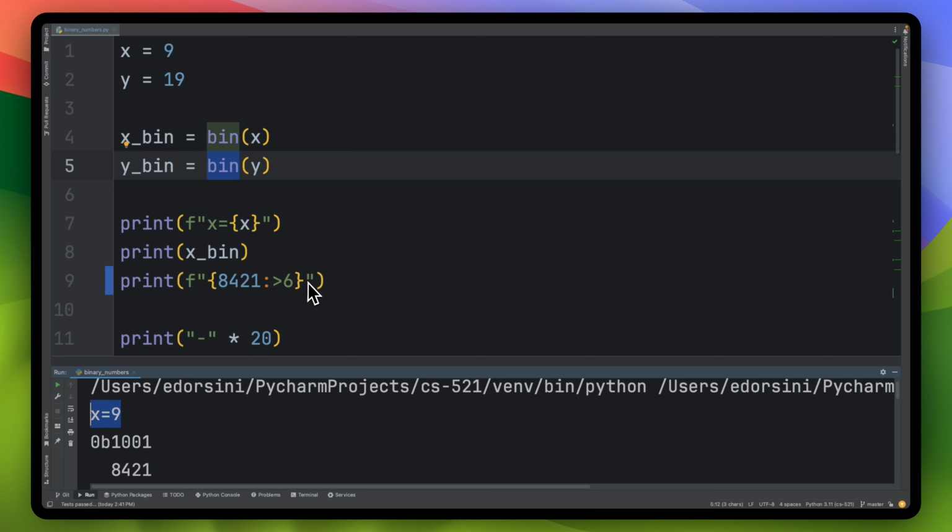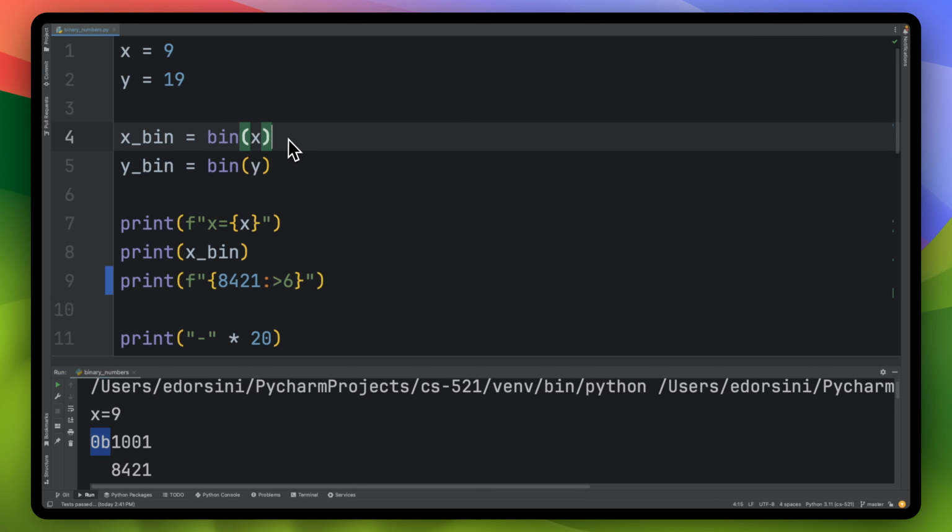Now, if you didn't want the 0b, one thing you could do is when you invoke this binary function, you can just say parentheses 2 colon, and that's a slice starting at index number 2. This is index 0, 1, and 2, starting at 2, which is this 1 here, and give it to me all the way to the end, which is what the colon with nothing after it means. The default is give me all the way to the end. It should give me